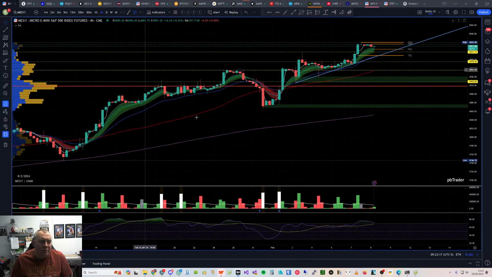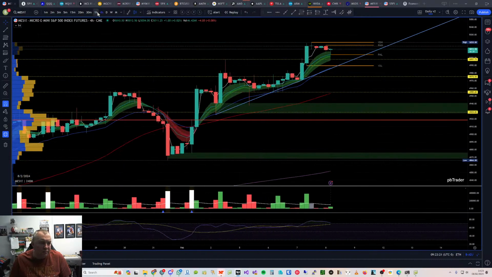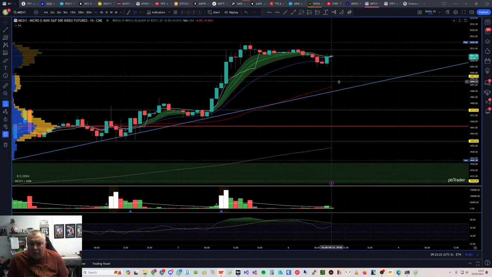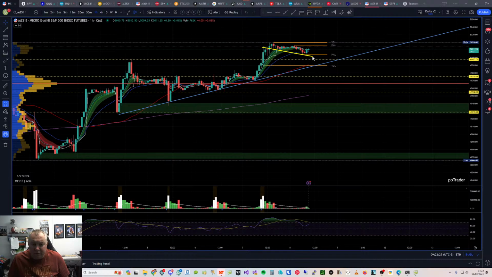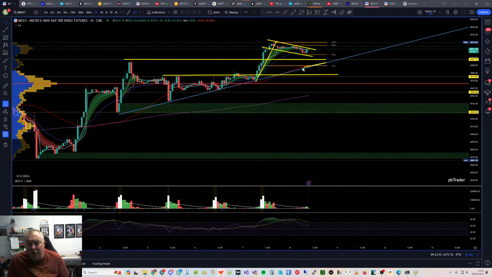That's it really. Let's have a look at MES to see if anything changed in the last few minutes. No, potentially watching, you can see this kind of bear flag setting up here. I still quite like this area here for a bounce, and then potentially down here for another bounce as well. May consider a bounce off of this trend line. There's a few things lining up in this area as well: yesterday's low, the trend line, and the 50 moving average. So this point here. So keep an eye on that.